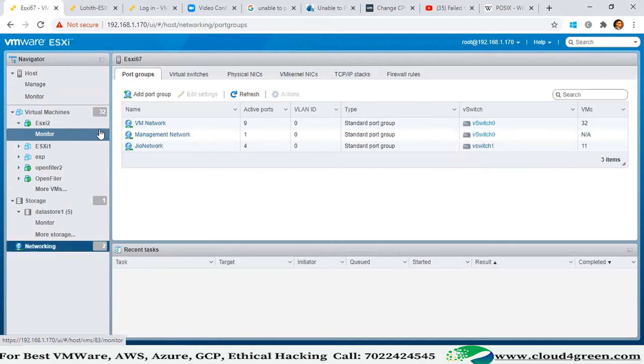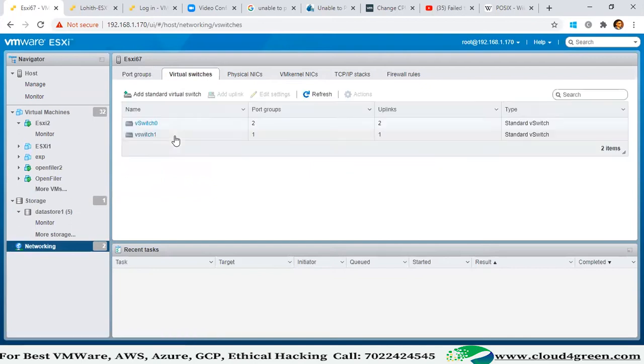There you will see something called Virtual switches. Click on Virtual switches. Can you see vSwitch0 in your console? For me, I have two switches. For you, it is one switch.